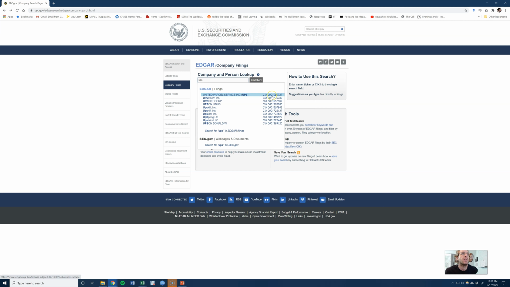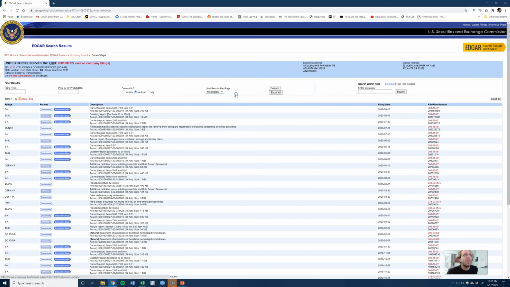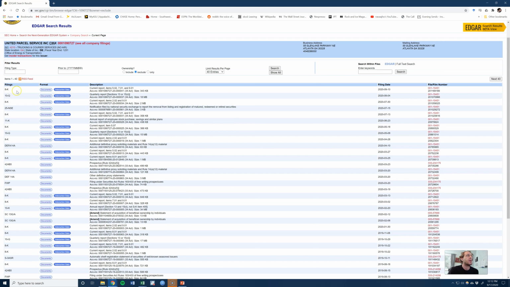The documentation within the Securities and Exchange Commission is sorted by what's called the CIK number, which is the identifier that the SEC provides to companies, and it's a unique identifier. So if for whatever reason we're having trouble finding the specific company, we can look up their CIK identifier and search by that. But with a company like UPS, we don't really have to. So we click in here, and what we can see is just a list of filings for the firm. Okay, and you can see over here on the left-hand side that the filings